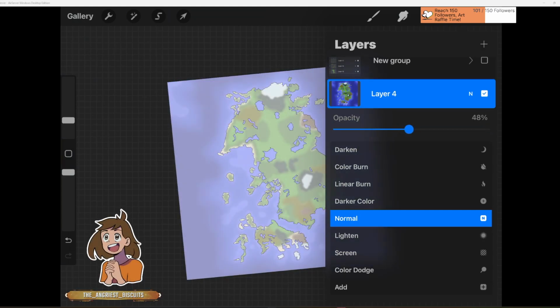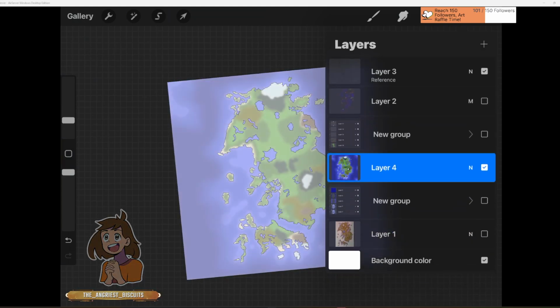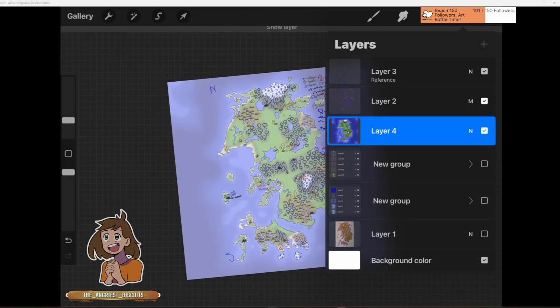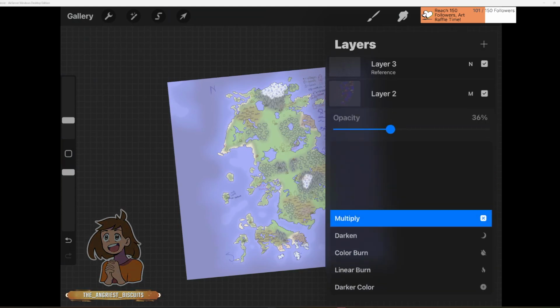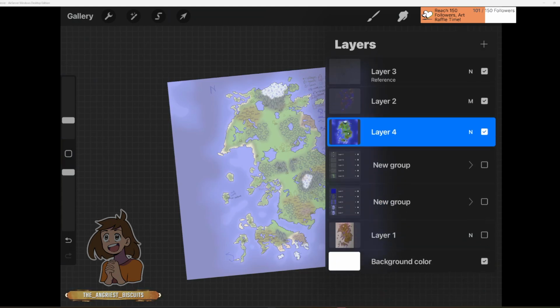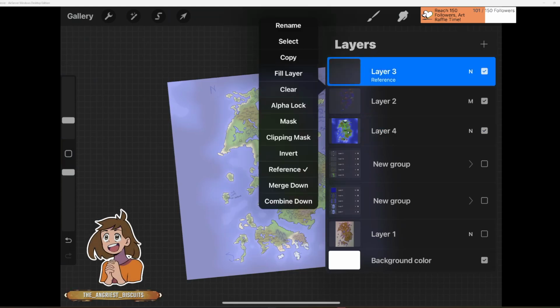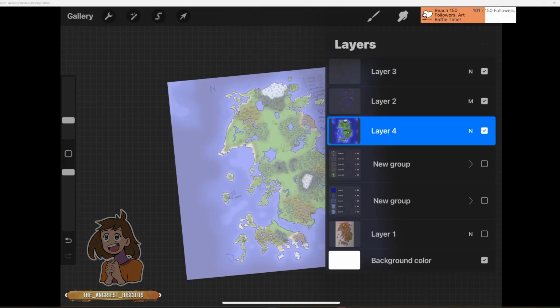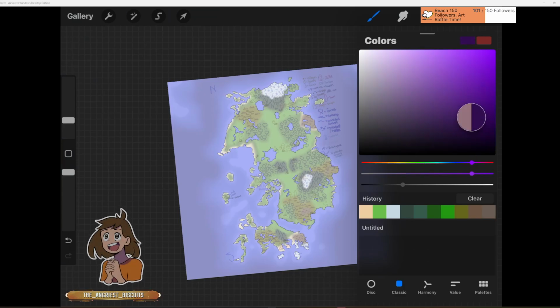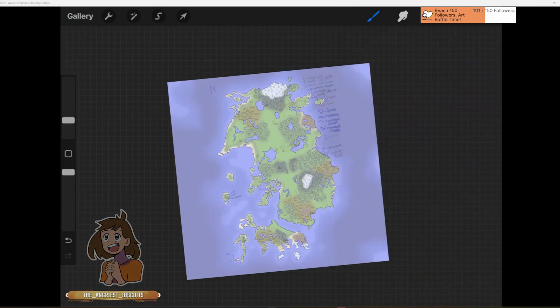Just lower the intensity of it. Oh, and then we are going to use a dark purple. Actually, we're going to turn off reference now. And we're going to make a little more defined